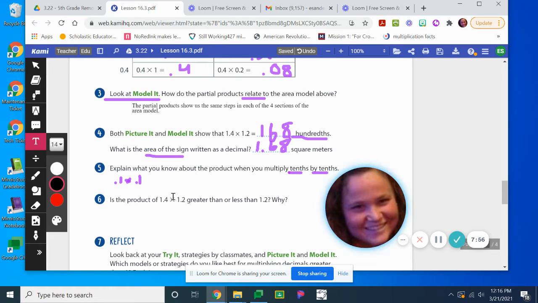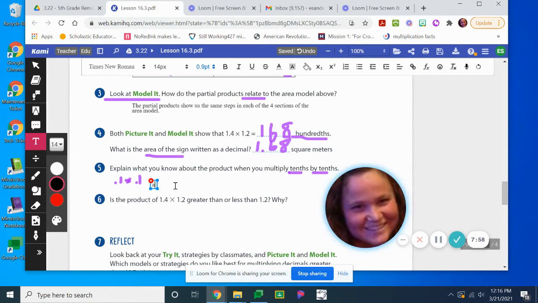We know that our product or our answer is going to be in the hundredths. Spell that wrong? Yep. Hundredths. So is the product 1.2 times 1.4